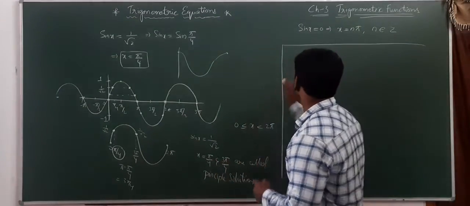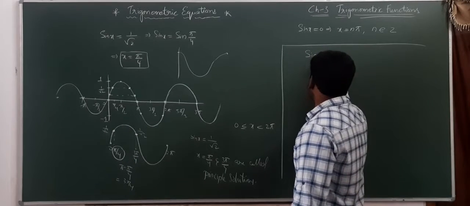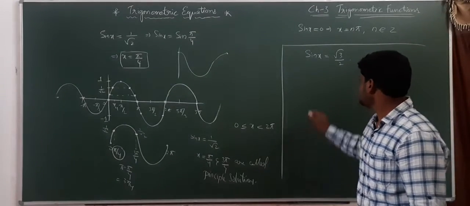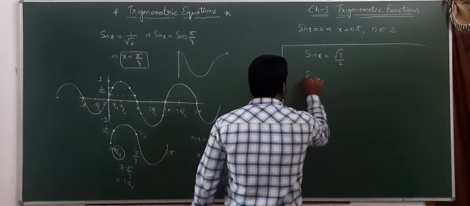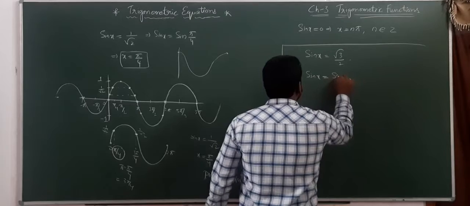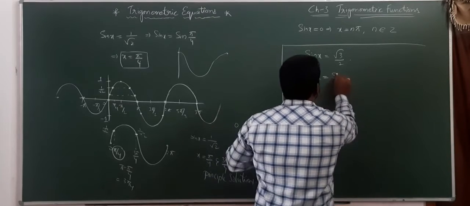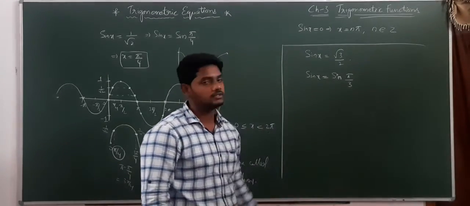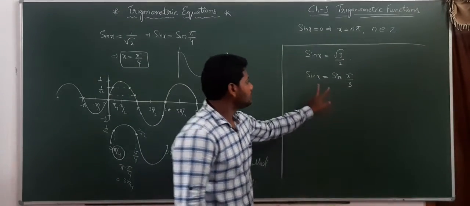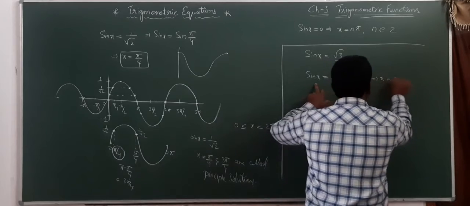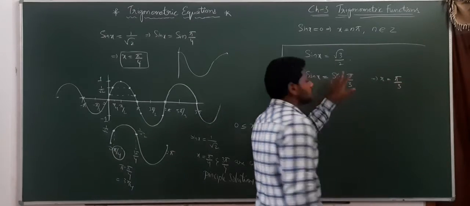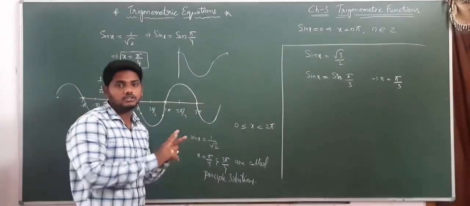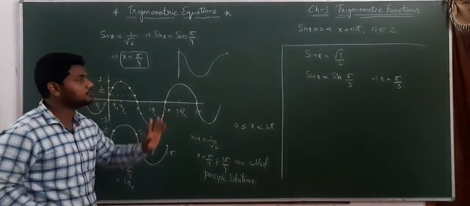The way I will tell here, see, for example, if you consider sin x equal to root 3 by 2, guys. Sin x equal to root 3 by 2. If sin x equal to root 3 by 2, what can we write? Sin x is equal to sin, how much? Root 3 by 2 is nothing but sin pi by 3. 60 degrees, sin 60 is nothing but root 3 by 2. So here x equal to pi by 3 is the solution for this. But when it comes to principal solution, we need two solutions, right? We need two solutions in between 0 comma 2 pi.